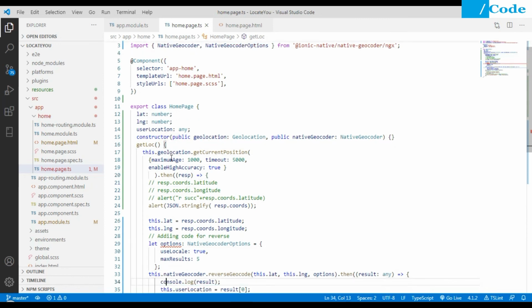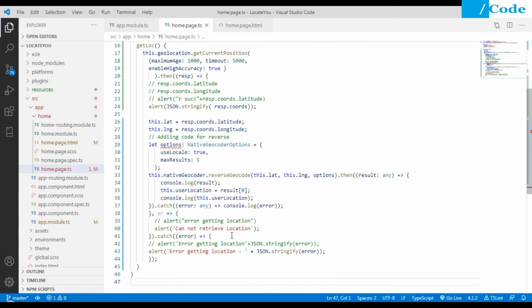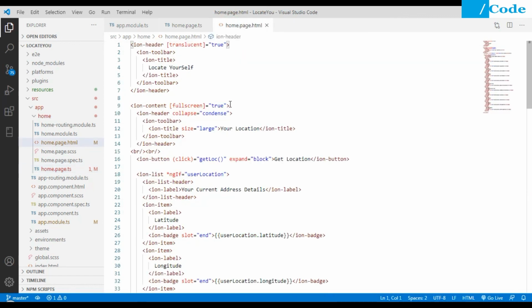It will get the latitude and longitude, assign them inside this variable, and using reverse geocode it will get the current address in array format, the top 5. We take the first result, the result of 0, and put it inside the userLocation variable, and on the front end we just print it one by one.